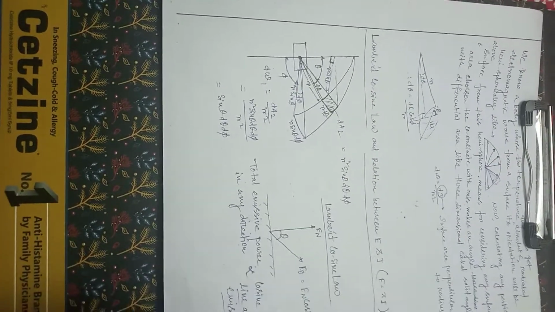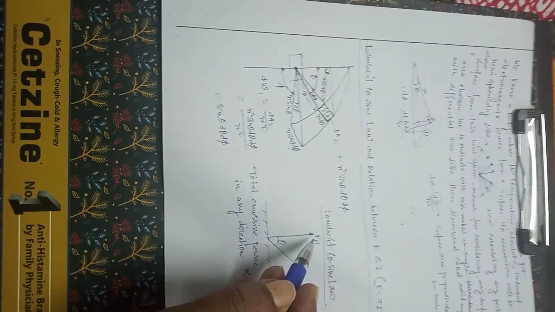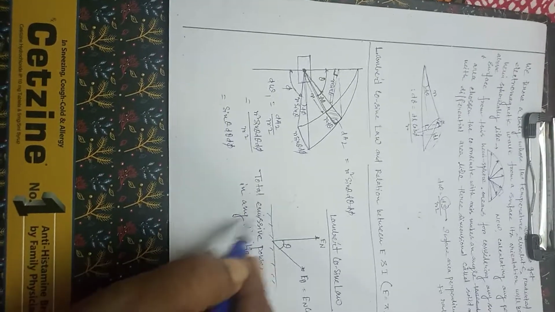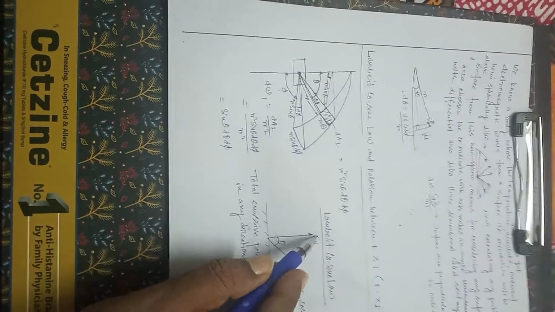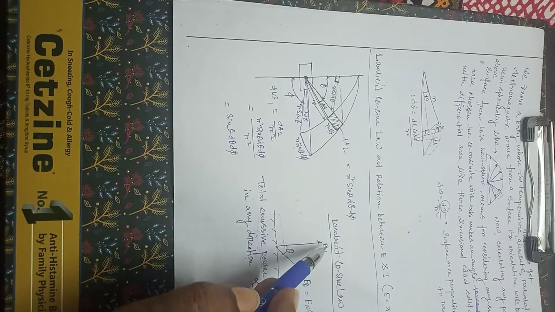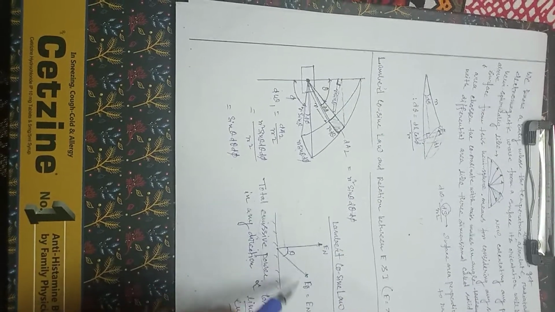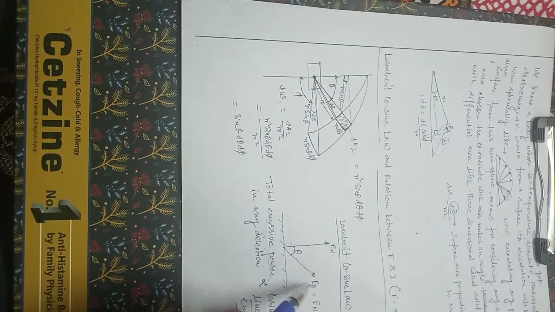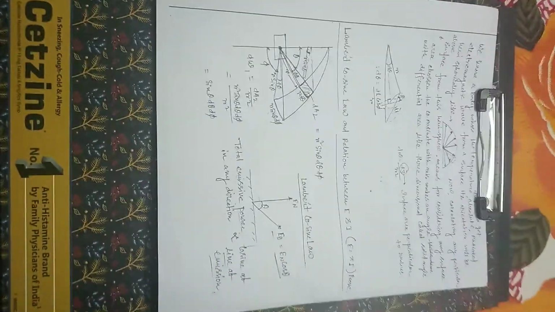What is the line of emission? Because this is the normal, this is the line of emission, its cosine value means this normal plane, this is the normal emission with respect to the surface. This is the normal direction, but emissive power is taken as the cosine value of the normal direction always. That's why En, this is the normal, and E theta, the emissive power in any direction, makes an angle with the cosine value of the normal direction. So E theta is always represented by En cos theta.